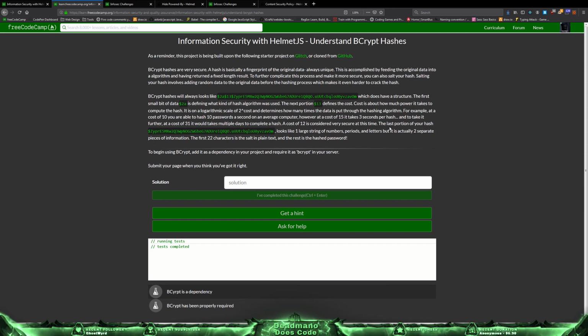Okay. Bcrypt hashes are very secure. A hash is basically a fingerprint of the original data, always unique. This is accomplished by feeding the original data into an algorithm and having returned a fixed length result. To further complicate this process and make it more secure, you can also salt your hash. Salting your hash involves adding random data to the original data before the hashing process, which makes it even harder